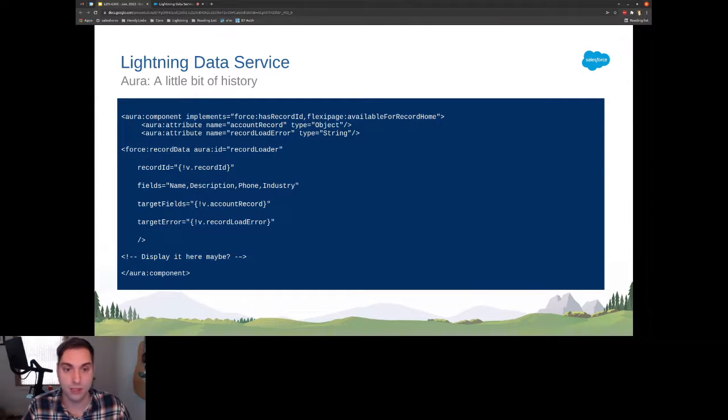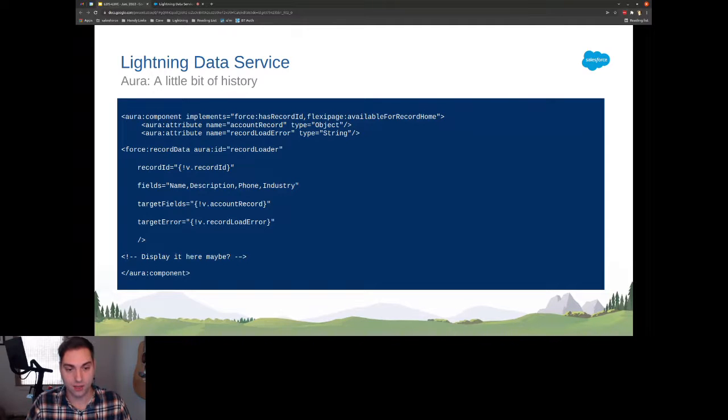Aura, when Lightning was first kind of envisioned, and what, 6-7 years ago, give or take, there was an emergent need to have the ability to have data state consistency on these shiny new single page apps, right? No longer were your front end apps being completely server driven. They were now being client driven. And it was pretty obvious that there needed to be a way to keep all of this stuff through a